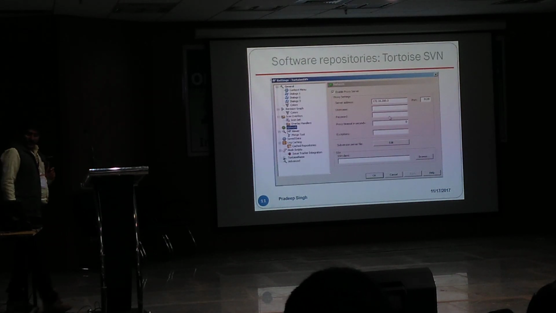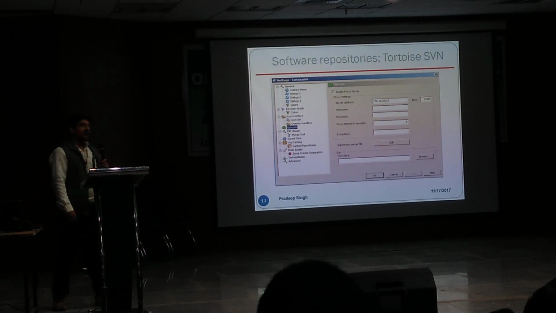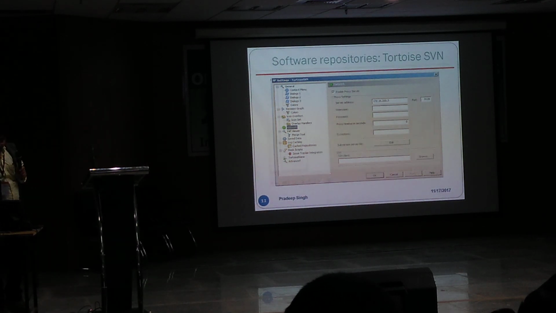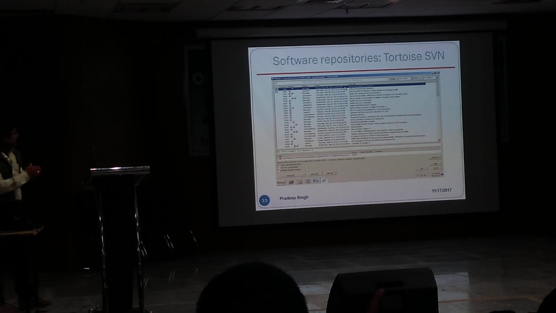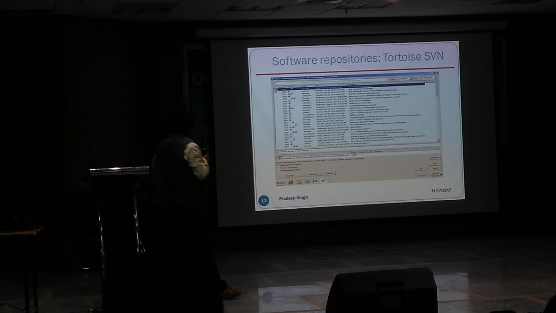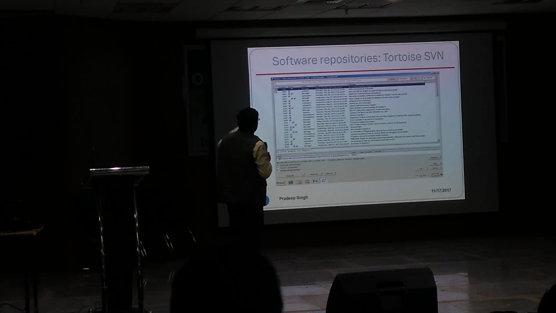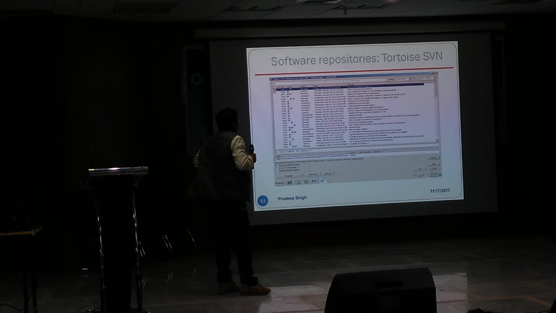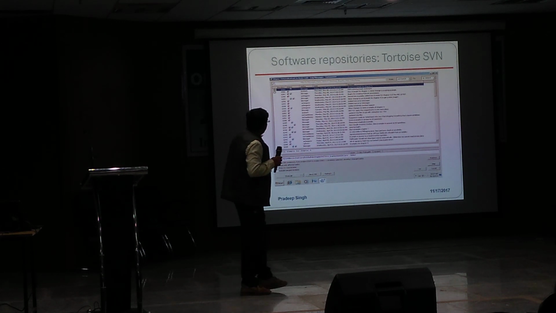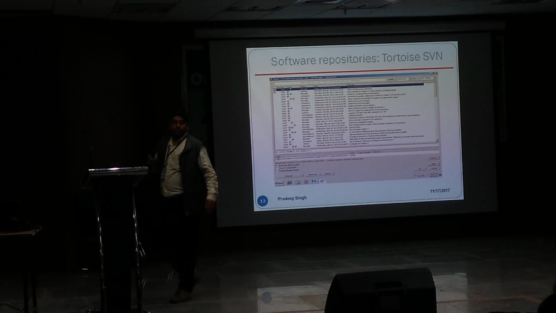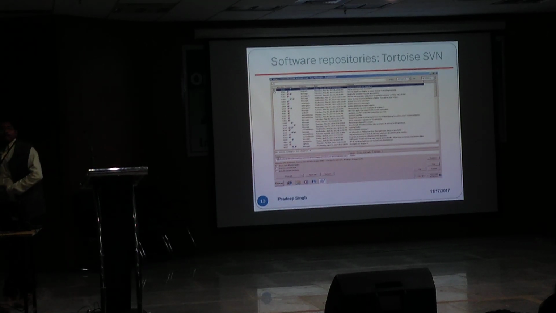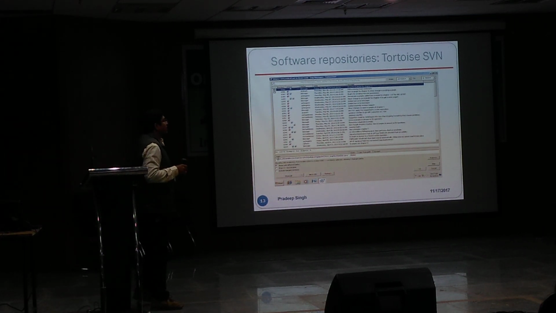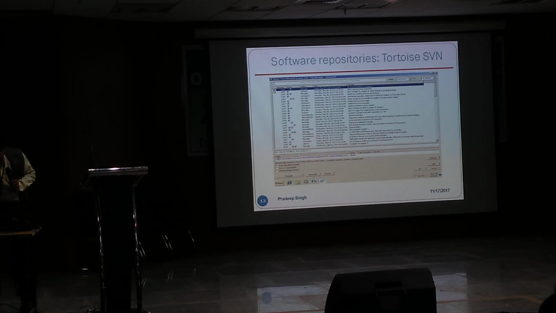So we have tried to get this. For that we have to install Tortoise SVN at this point, where we are able to access the online repository, and we have gone through various projects. What we are trying to extract are the different modules and the revisions, and you find there are different messages, the updates given by various persons. A few modules are going to be updated, a few modules are going to have bugs, and if a module has a bug, it is assigned to a new developer who changes it, and after that you have a new revision. Each and everything is here, and code is associated with this.